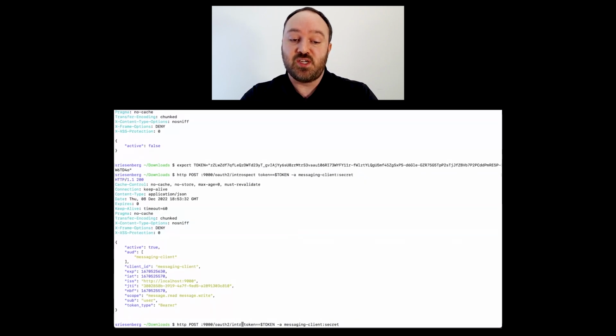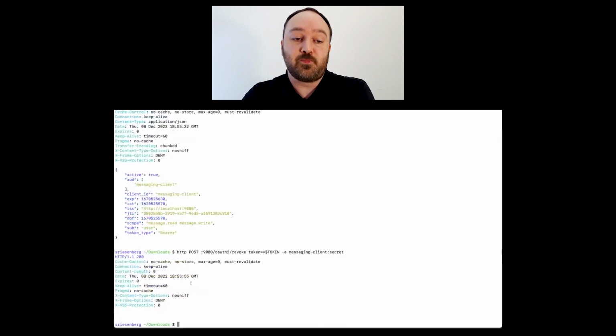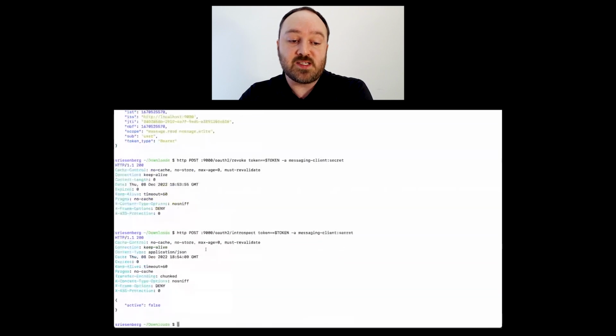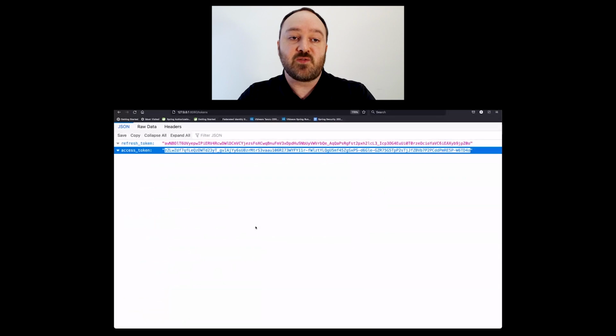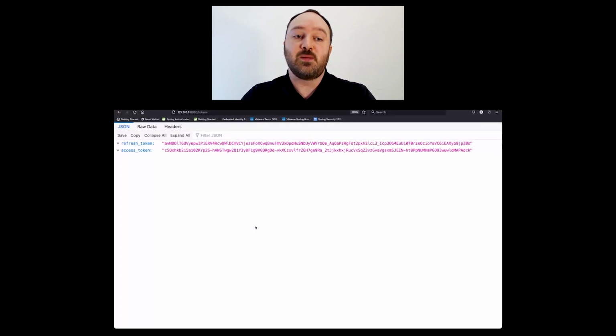So let's just change introspect to revoke here and run this request again. And so if I replay the introspect request, now I see that active is false. But wait a minute, my expiration time on that token was so short, it probably just expired. So if I go back here to my client again and refresh, I can see that I'm still getting new